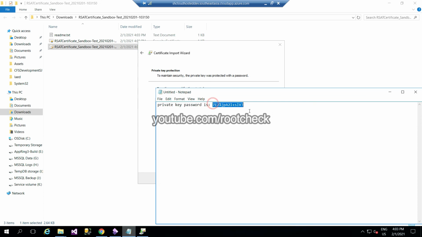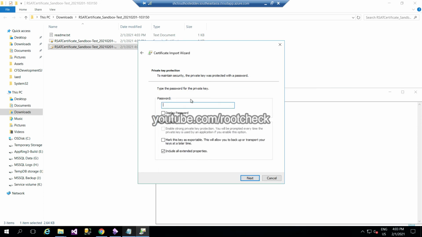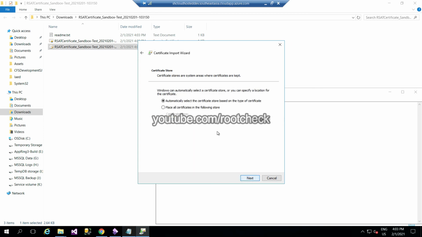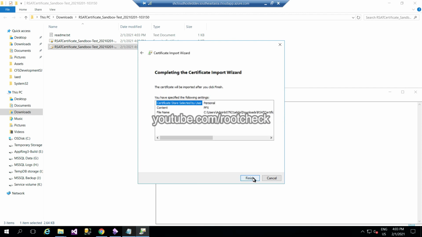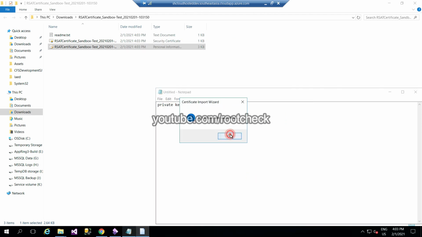Now paste the password which we have received from the LCS. And now install this certificate into the personal and trusted root certification.